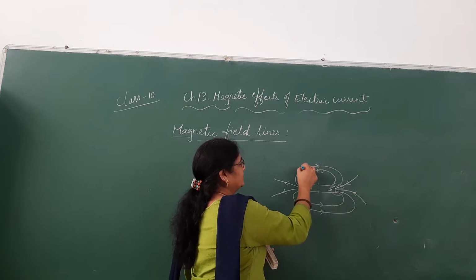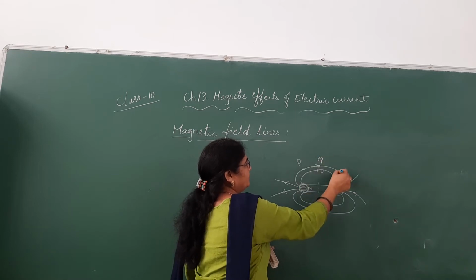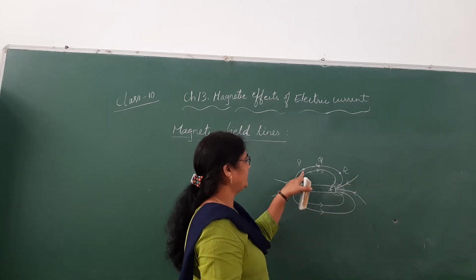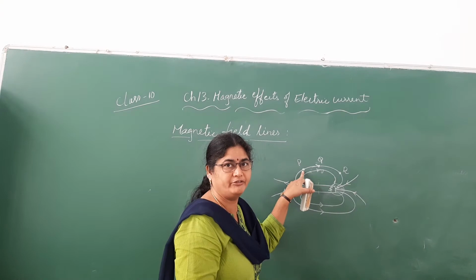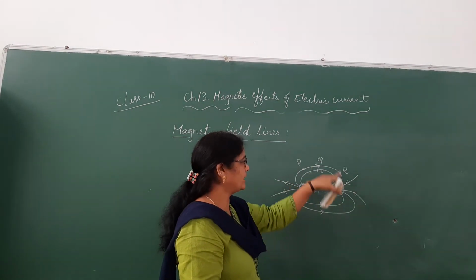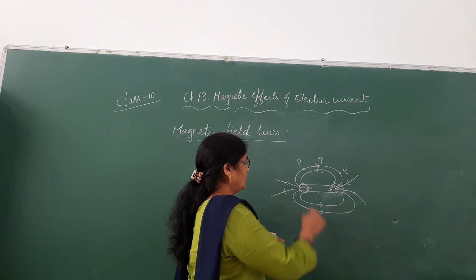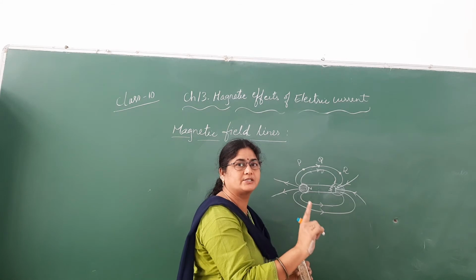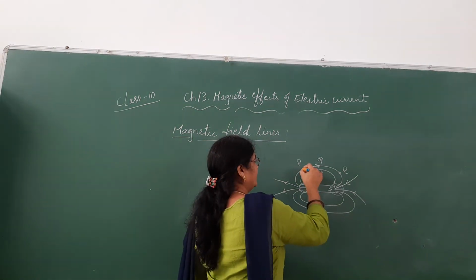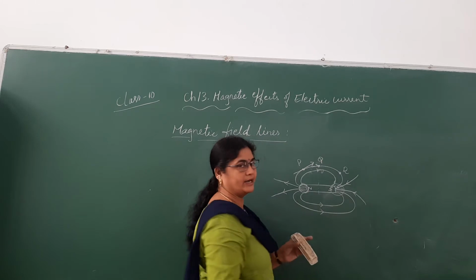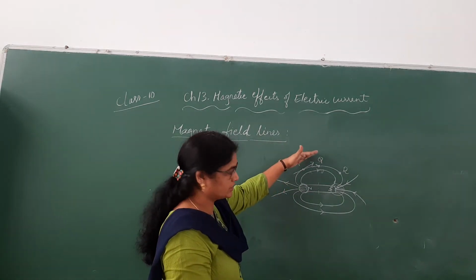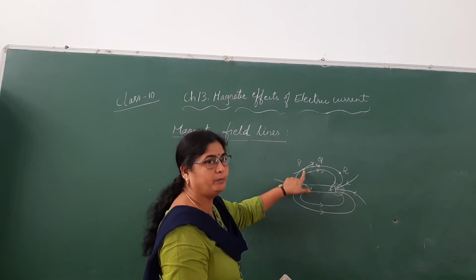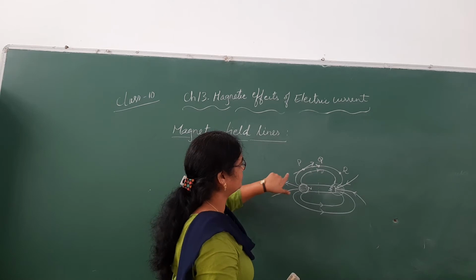Let us take one point here P, one point here Q, one point here, let us suppose R. At this point P, I want to know what is the direction of magnetic field. To understand that, we have magnetic fields around the bar magnet. So you have to simply draw a tangent. Tangent is a straight line which cuts the curve at one single point. So you have to draw a tangent to the curve at that point. The tangent direction says the direction of magnetic field at that point. So here at this point P, the magnetic field is directed this way.